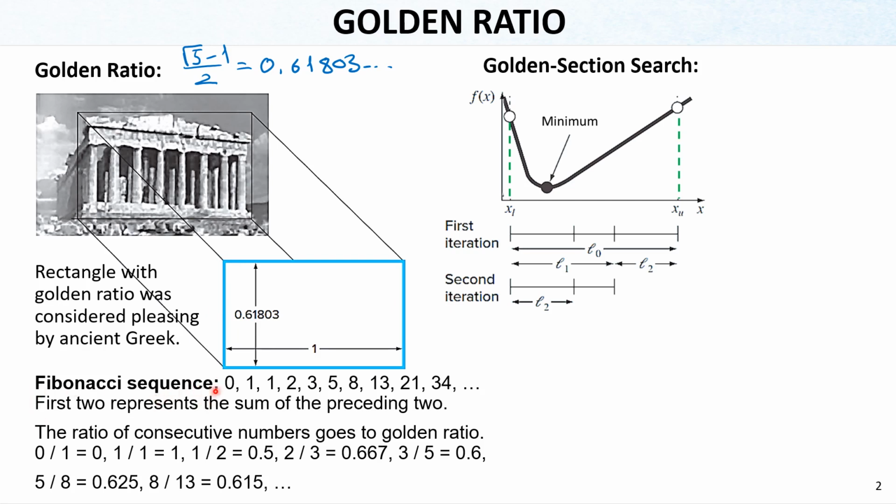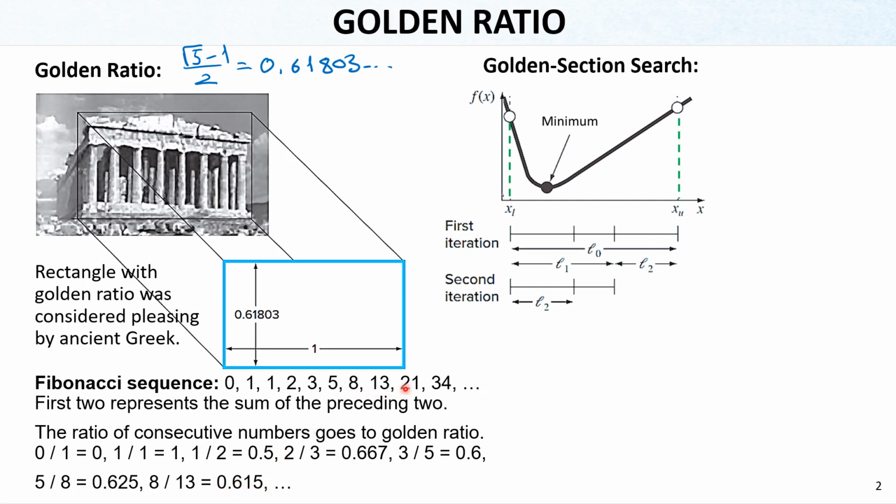You know that the Fibonacci sequence has the summation of first two to have the third one, and it goes that way to be able to have all the numbers. And the ratio of consecutive numbers goes to the golden ratio. You can see that 0 divided by 1 here is 0, 1 divided by 1 is 1, 1 divided by 2 is 0.5, 2 divided by 3 is 0.667, 3 divided by 5 is 0.6, and then you can continue like 5 divided by 8, 0.625,